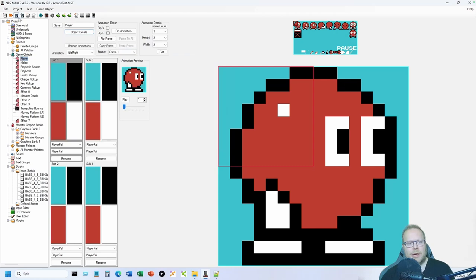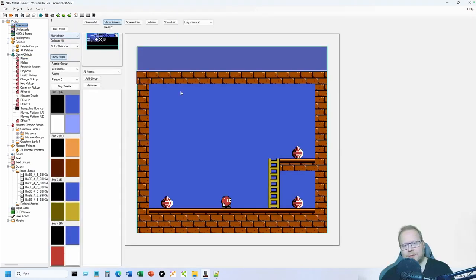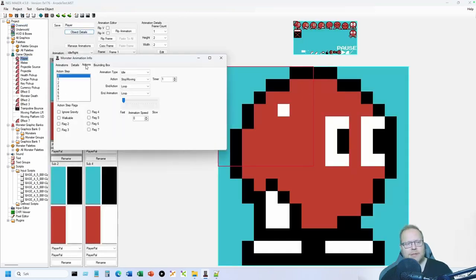So when I collect all the price tiles on this screen, my player goes into action step 4. In this case, I have a happy animation for action step 4, which is going to play for 10 time units. It's going to do that for 10 time units, and at the end of the action, I've set that to go to warp. So like I said last time we talked about this,